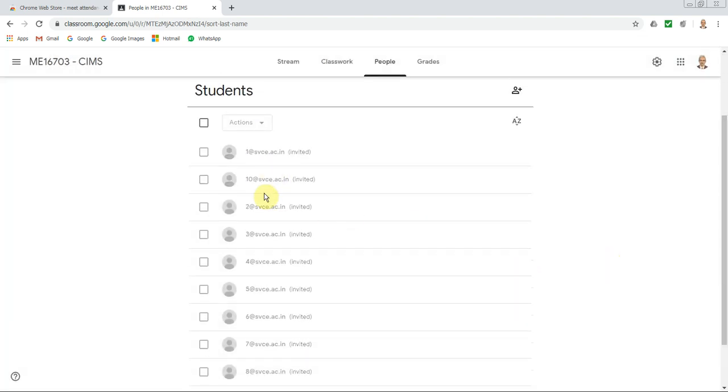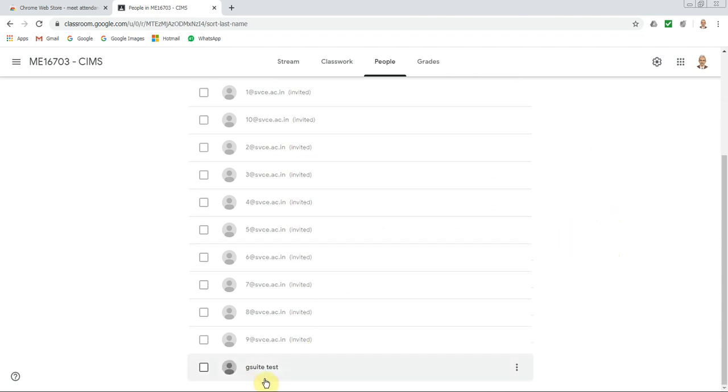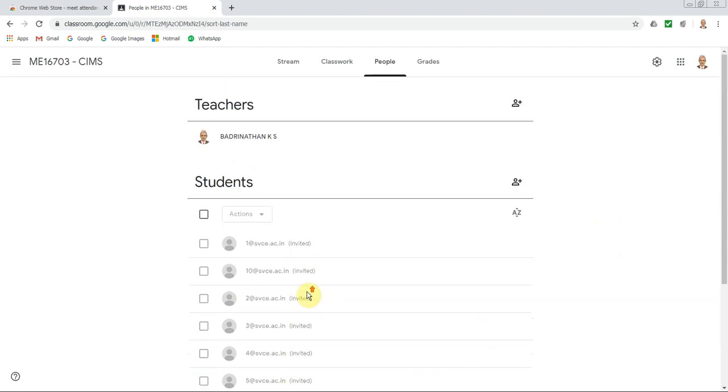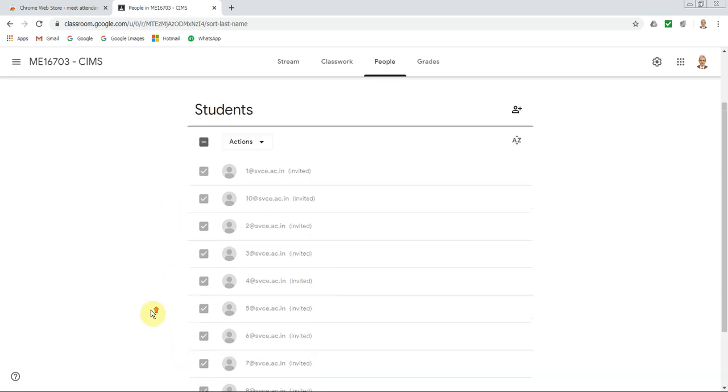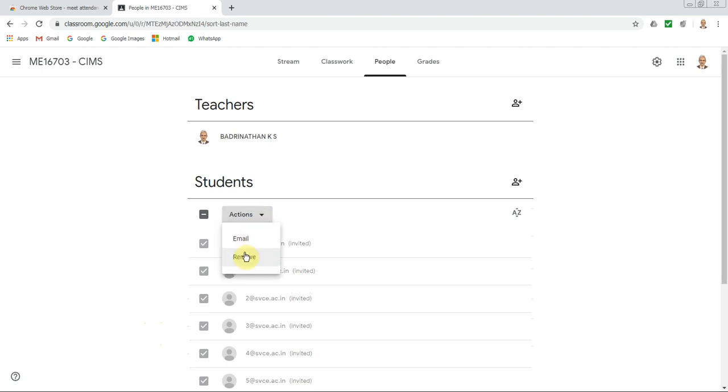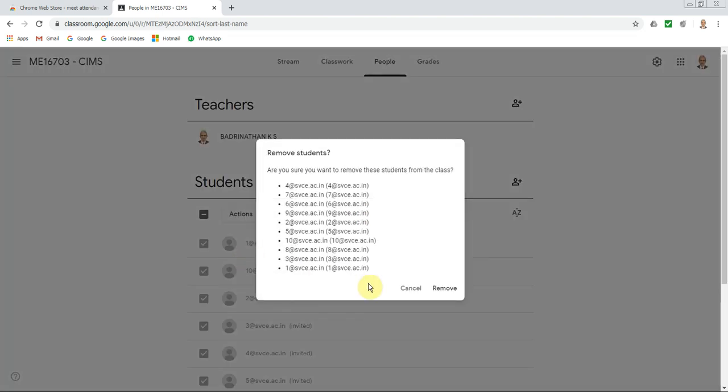So here you can see invite has been sent, of course it's a dummy email ID, but still, whereas this student has already joined, invite has been sent to all these people. So this is a shortcut way of putting in all email IDs in one go. So probably that's not needed, it's only for demo purpose. So what I'll do is, I can remove it, or I can click here and then send an email, sort of a reminder or something. So I'll remove them. So all these things will be removed.